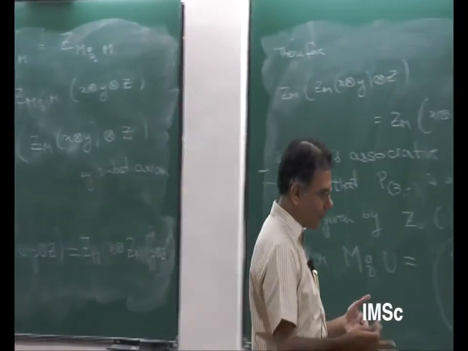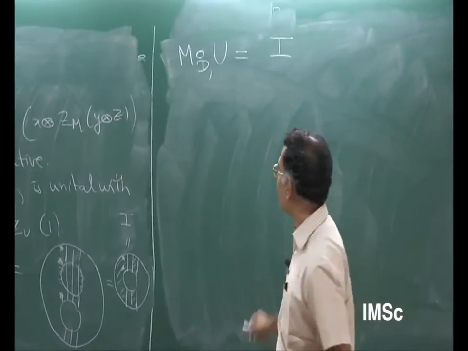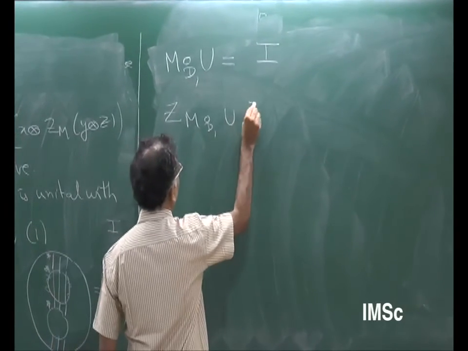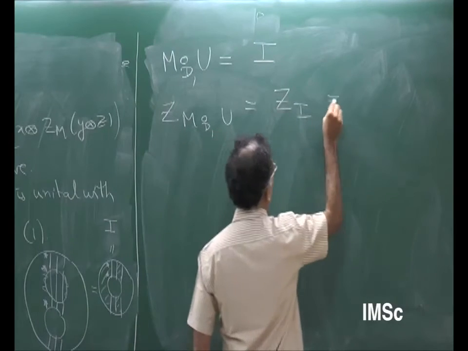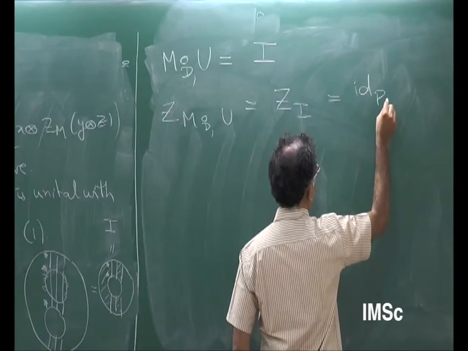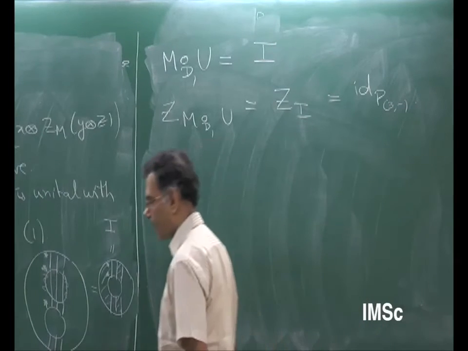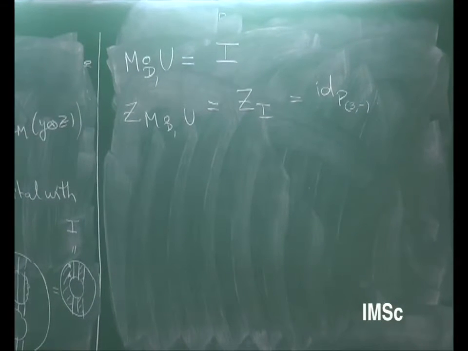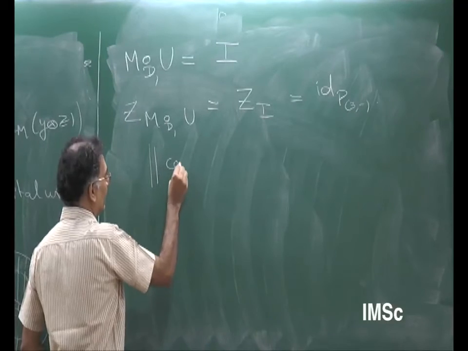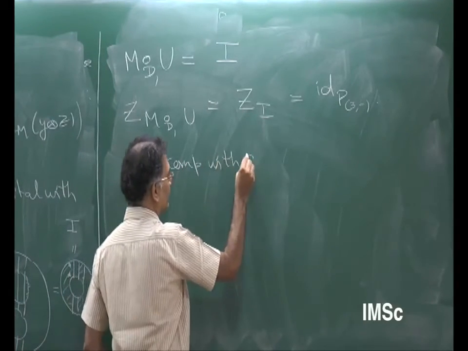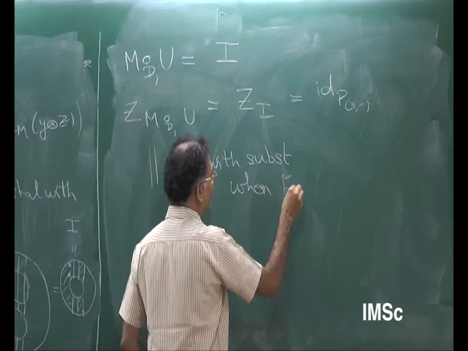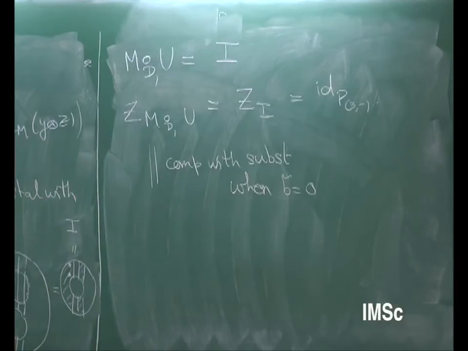Now we will use the axiom of degeneracy. Zi is just the identity. So Z of M circle D1 U is Zi, is the identity map of P3 minus. On the other hand, compatibility with substitution says that Z of M circle D1 of U, by compatibility with substitution when b tilde is 0. That's why I did this case separately. So the case for compatibility with substitution when b tilde is 0 says that this is equal to